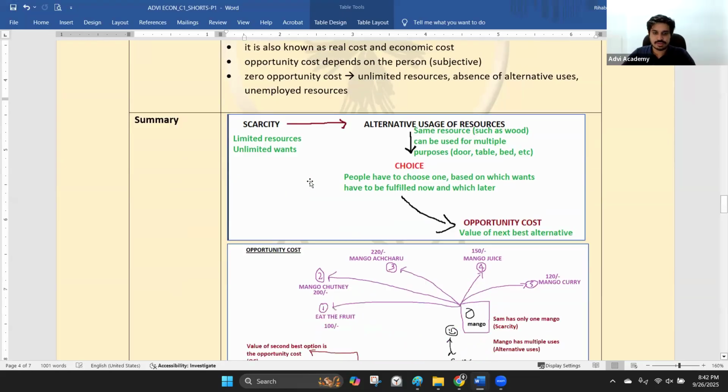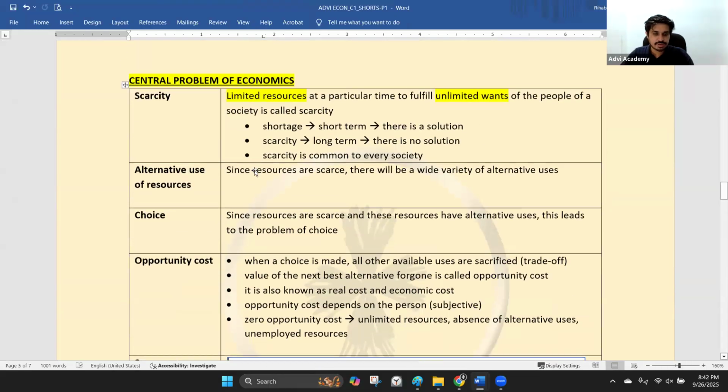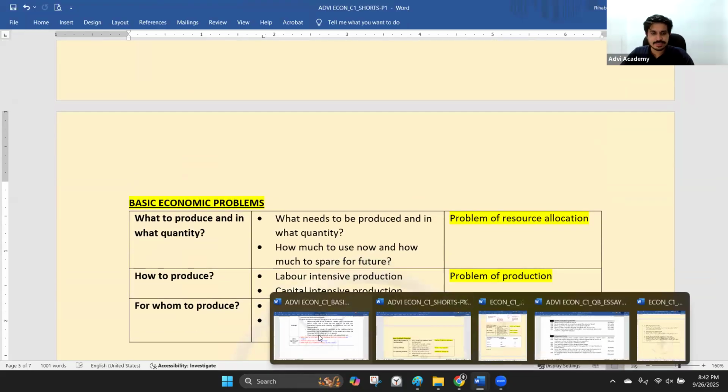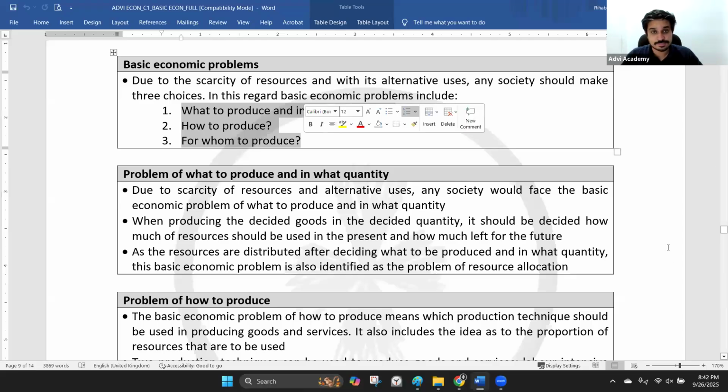Okay, fine. Now we'll move into the basic economic problems, right? We've summarized that entire section in one page, and we'll put that into your short note. This entire section gets summarized in one table. Basic economic problems means simple. Let's cover it in 5 minutes basically. Every problem after the scarcity problem comes across these three problems. What are these three problems? There is something called what to produce and in what quantity to produce it, how to produce it, and for whom to produce it. Right?